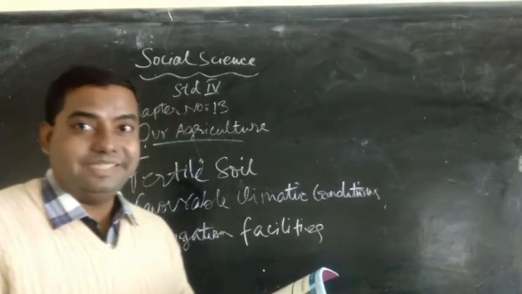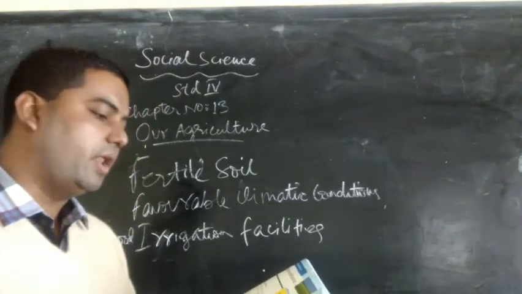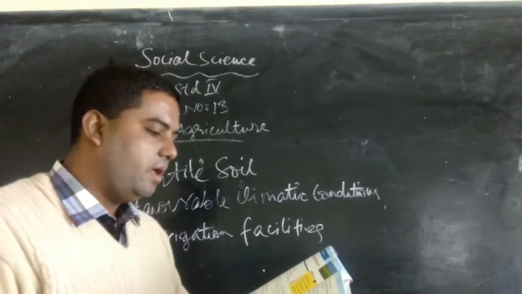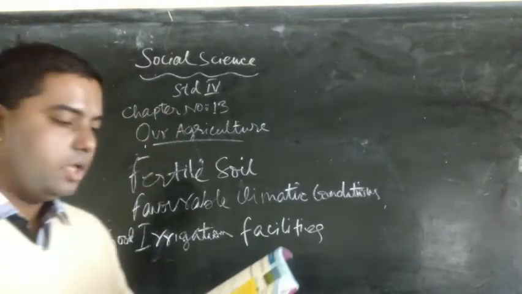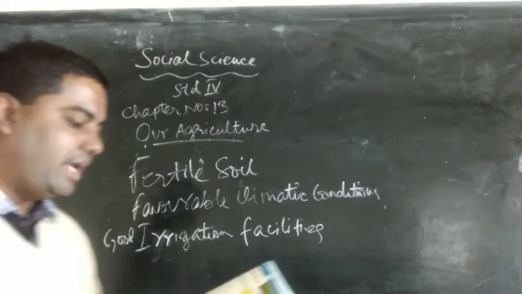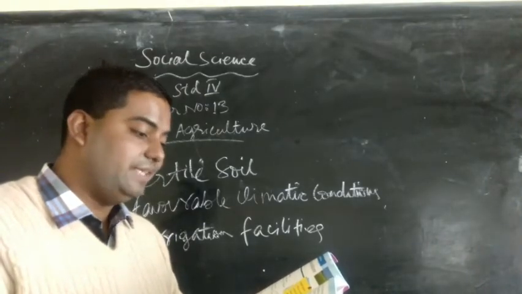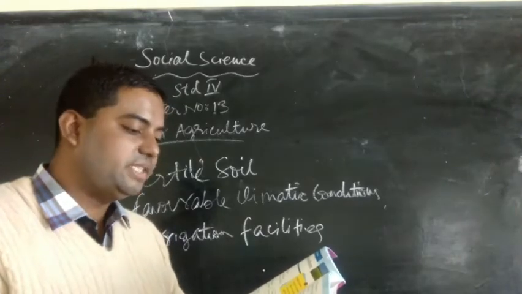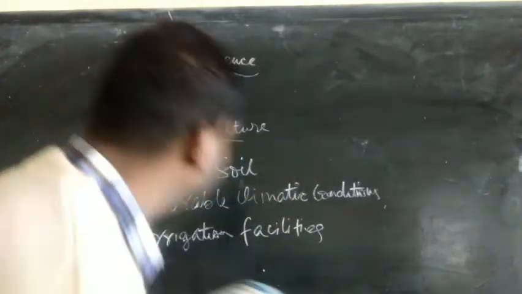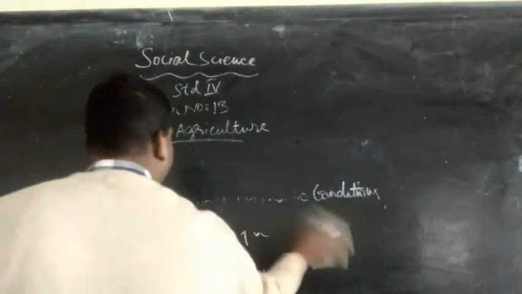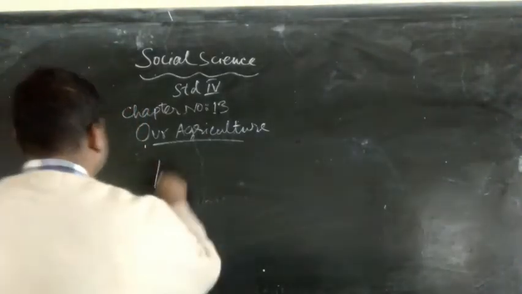Now we come to the cropping seasons. India has 3 cropping seasons: Rabi, Kharif and Zaid. Kharif crops are sown in the starting of monsoon and harvested at the end of monsoons. Crops such as rice, maize, millets, jute and cotton are grown during the season. So India has 3 seasons, among which the first season is the Kharif crops.